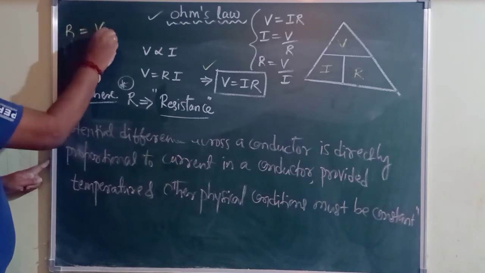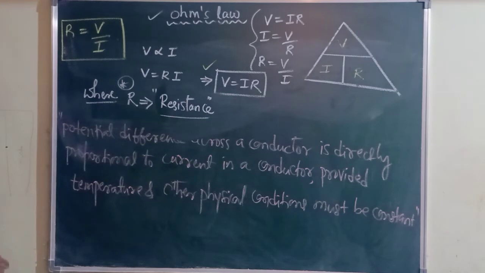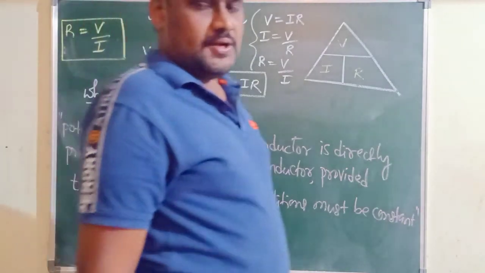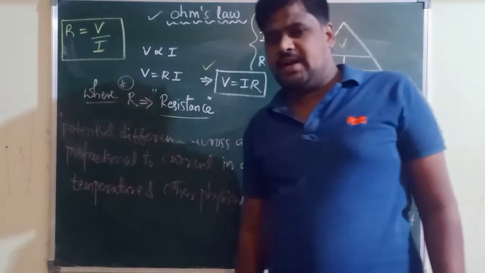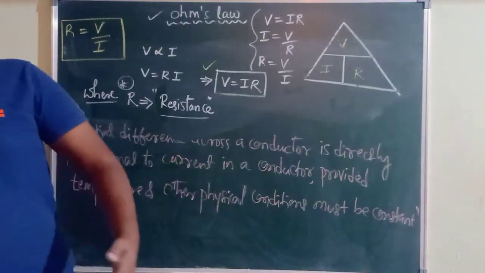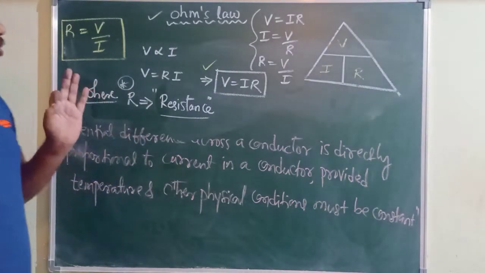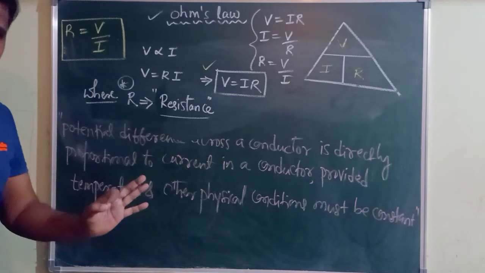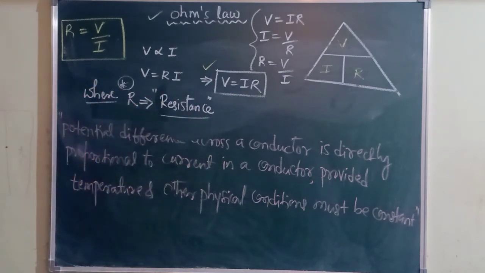Resistance of a given conductor is given by R is equals to V by I. Okay? Already I have given a definition for resistance. What is resistance? Any conductor or any material, when the current is flowing through that material, is going to exert some opposition for the flow of electric current. How much opposition that material is exerting for the flow of electric current,